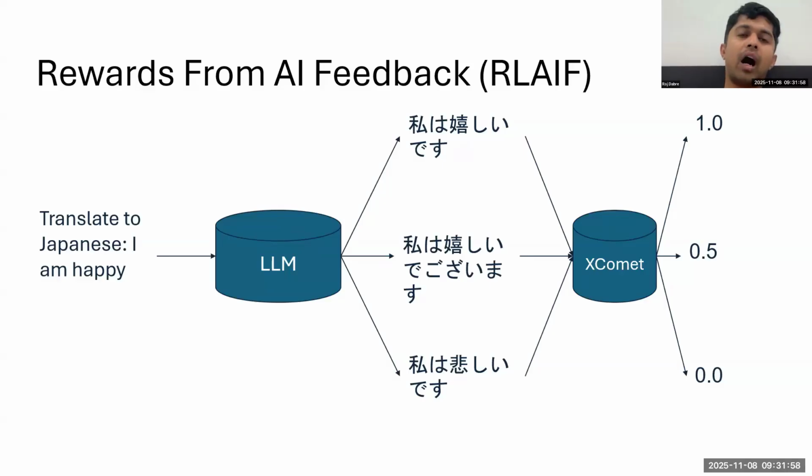Now, an undesirable translation, because it's not exactly fluent but captures the overall essence, is the second response, which is "watashi wa ureshi de gozaimasu." It's not a natural translation, but it still captures the essence of happiness, so therefore you'd give it an intermediate score of 0.5. But then "watashi wa kanashi desu" is the wrong translation, because kanashi means sad in Japanese,